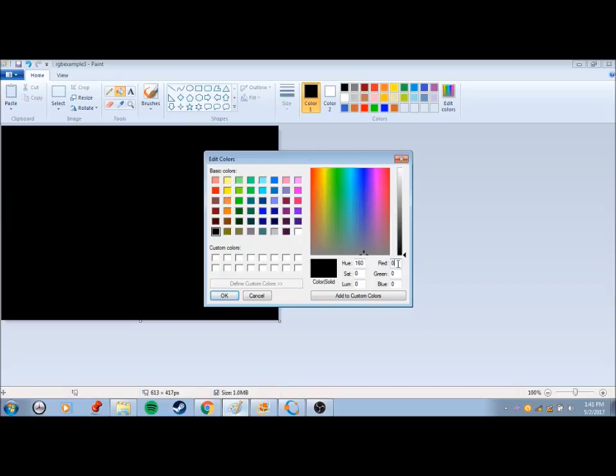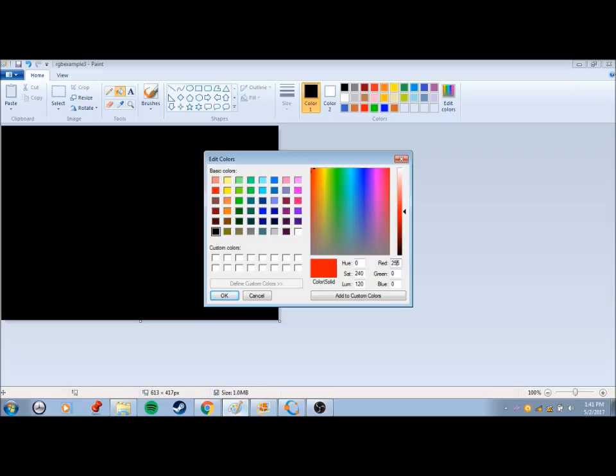Let's say I want to max out the red. 255 is the maximum value for any of these three, R, G, and B. If I try to go to 300, it goes down to 255, since it's the maximum value for an 8-bit color.